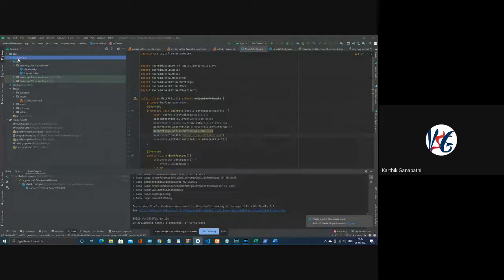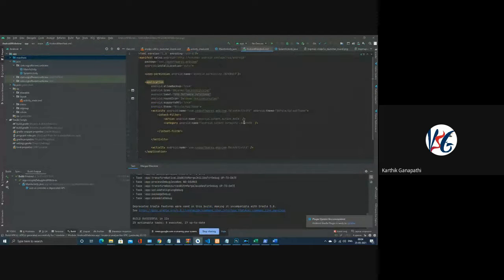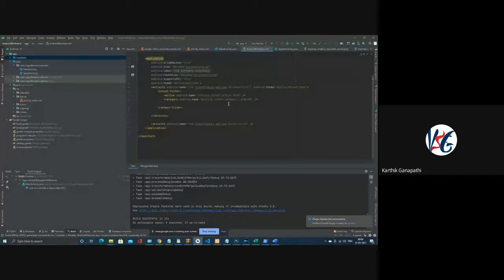And one more thing I just remembered. I was explaining the activity to you. Now you can see the ordering of activities in the Android manifest, which screen should come first. The splash screen should come first, and next the main activity. This ordering of activities is also defined there. To show this example, I developed this application.